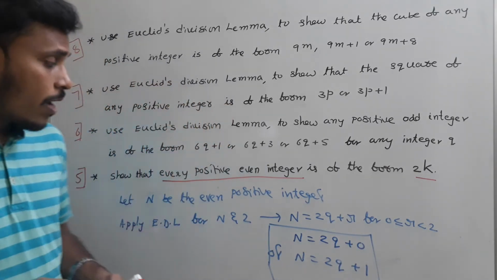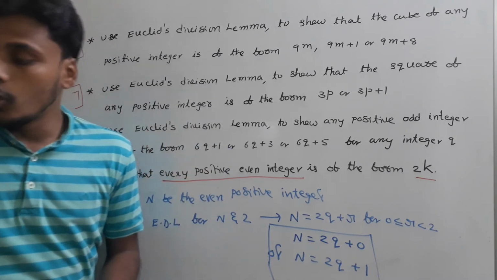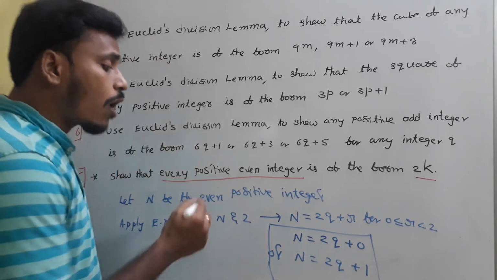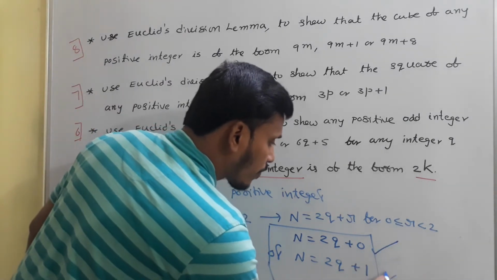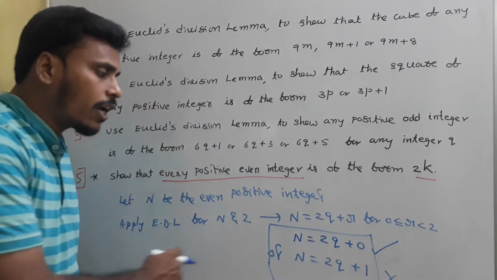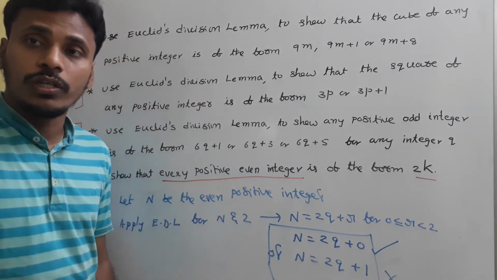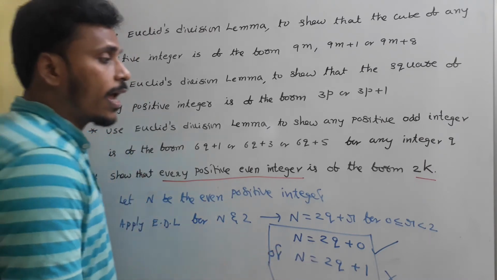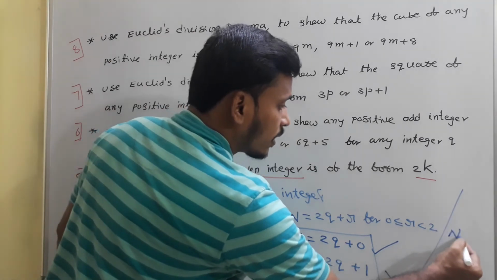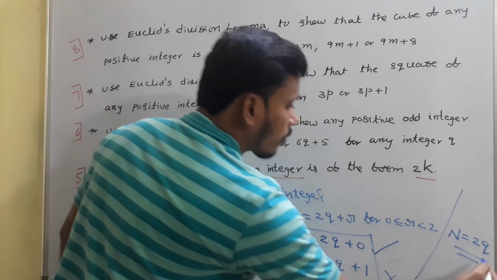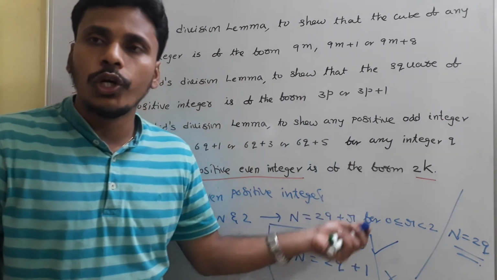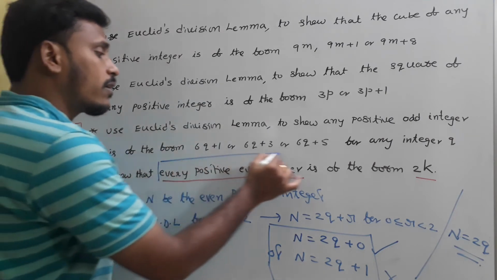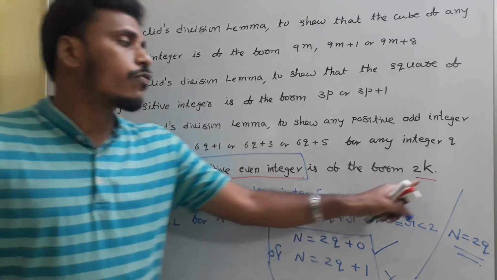Now n is an even positive integer. We know that since n is an even positive integer, for sure n is a multiple of 2. So our n is of the first format and not of the second. Finally we conclude that since n is an even positive integer, we consider the first representation and neglect the second. According to this, n equals 2 into some q, or 2 into k. So every positive even integer is of the form 2k.